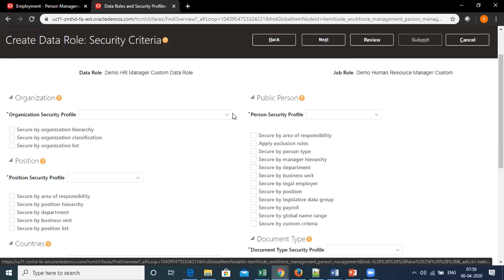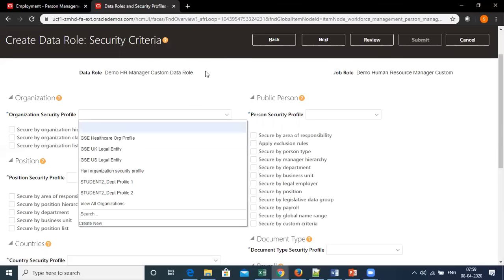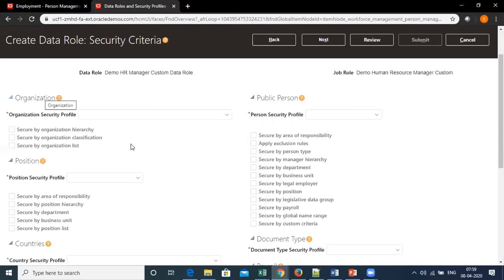When I said secure by organization list, and there I had selected the Finance SVCS UK business unit, it means that when I create that profile and assign it over here, my data will be restricted according to that profile.